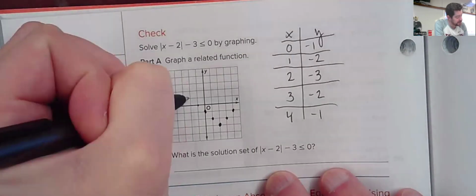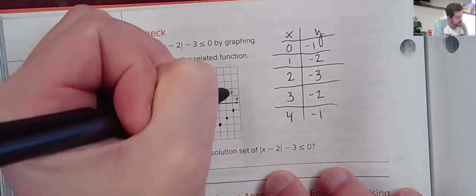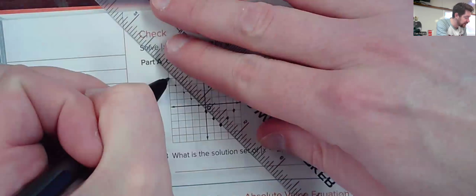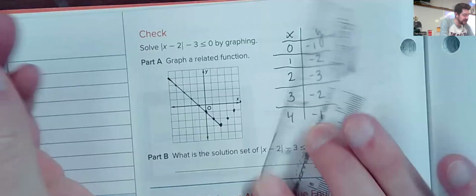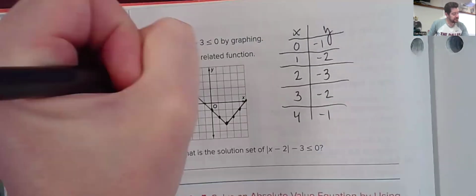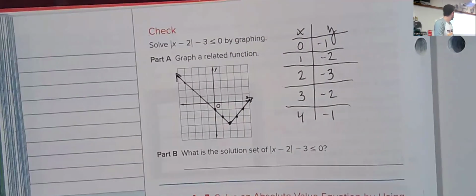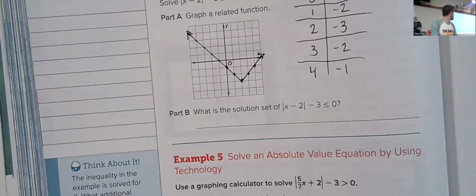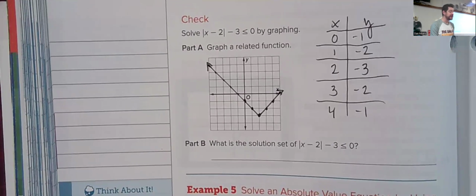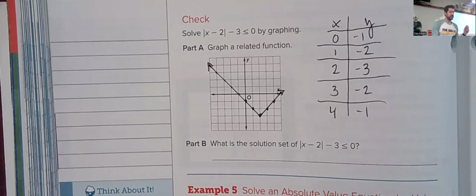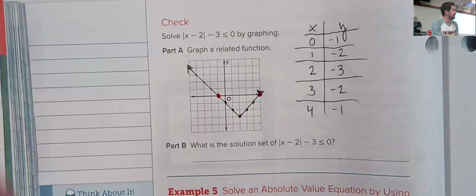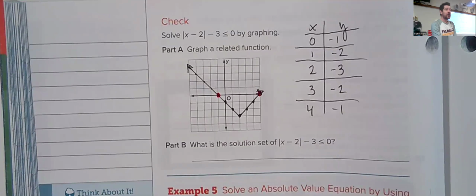And I'm just going to keep going all the way as far as I can go on both sides with the points. So we'll get everything lined up. You can just follow the pattern once you get a few points on there. You don't need to keep going with plugging in numbers because the pattern will continue. So here and here. And once again, we are looking for values that are below the x-axis, but we're only answering in terms of x. So you're still looking for your x-intercepts, which are there and there. And we are looking for all points